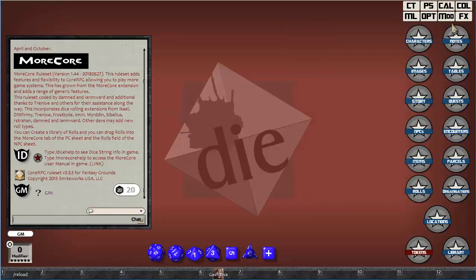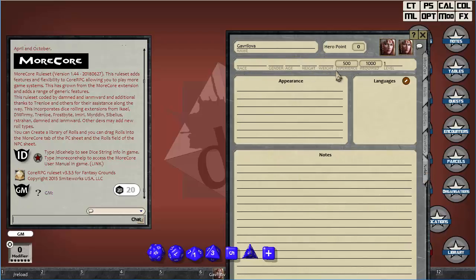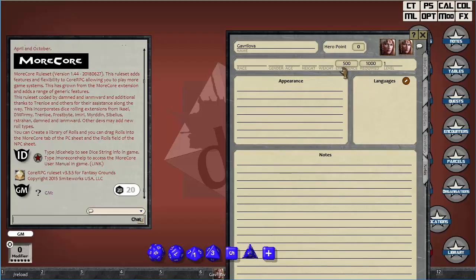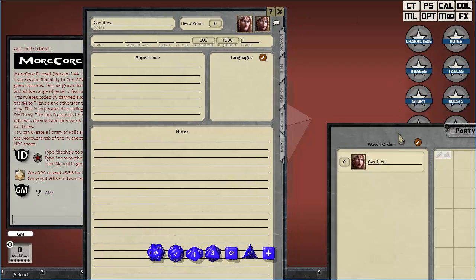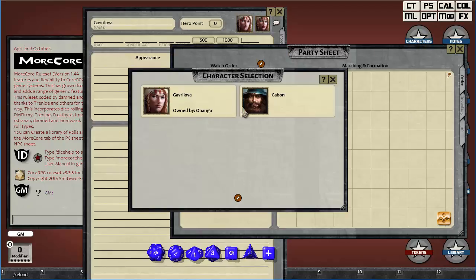Okay, we also have some new fields on the character sheet. We took away some of the fields at the top of the screen here and moved them into the notes field, things like race, gender, age, height, weight, and level. And by doing that, we also had enough room to put experience fields in here as well. It also gave us some extra lines in the attack field, which was handy for a lot of people. But what we did with the experience and experience required was we linked these into the party sheet. So the party sheet's another great campaign tool. It handles multiple